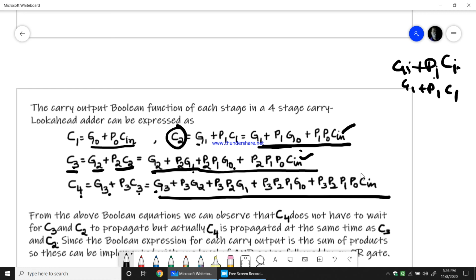Now if I design a look ahead carry generator with these equations, then I can see that all carries C1, C2, C3, C4 are completely dependent on Cin but not on the previous carries, which we normally see in full adders. So this is how we create a look ahead carry generator where each carry is dependent on Cin only. But it needs a P generator and a G generator, because every equation has P and G. So each carry needs P and G, and then Cin is required so that it can find the carry.